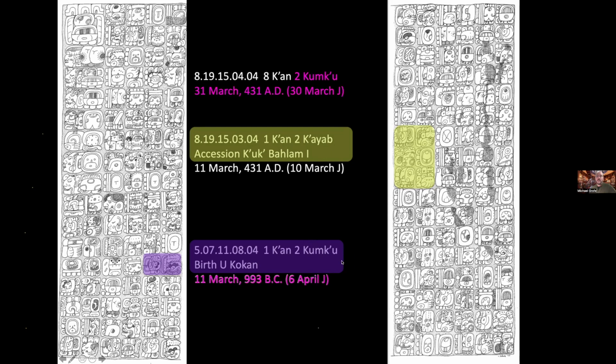And when you look at that, and you go forward 20 days from this date, one kan Haab, the accession date of K'uk Bahlam, you will see a date that corresponds to the date 31st of March, 431, and it places the Haab exactly in the same sidereal position. And this was what was absolutely remarkable to me. And I don't know if Carlos, I think he noticed this parallel, but I don't know if he discussed this